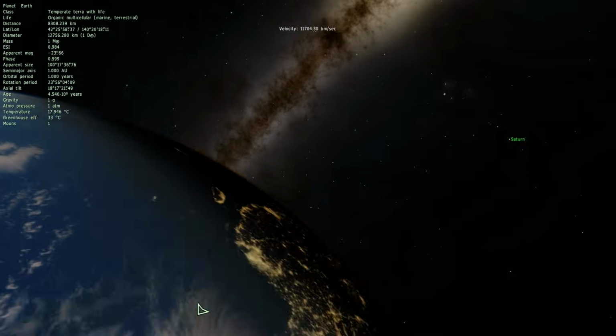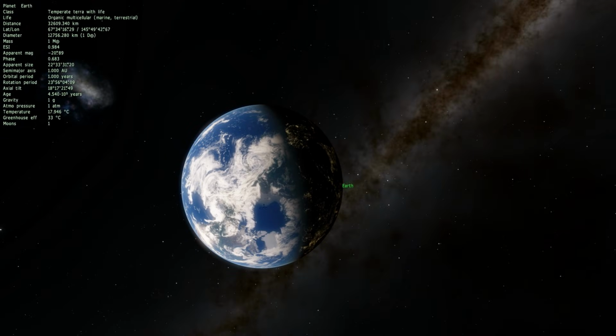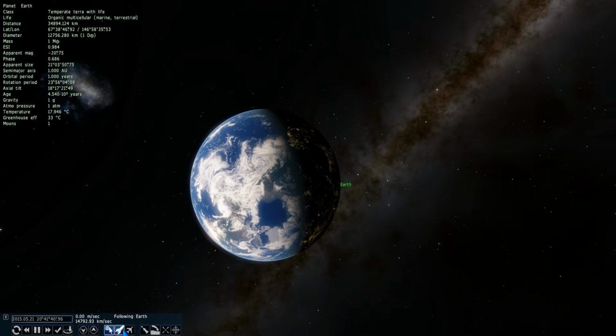Now, I have used a shortcut in this video already to get to Earth, but this is where you get the actual button to do so. These are basically your instant move commands. So this controls how fast you move, this controls how you move, and this basically gives you shortcuts of where you want to move. So we've got the Earth selected, we know because it's up here,